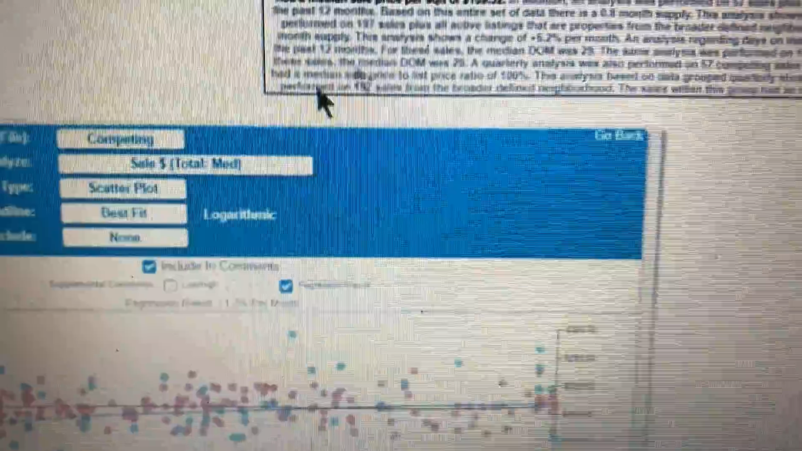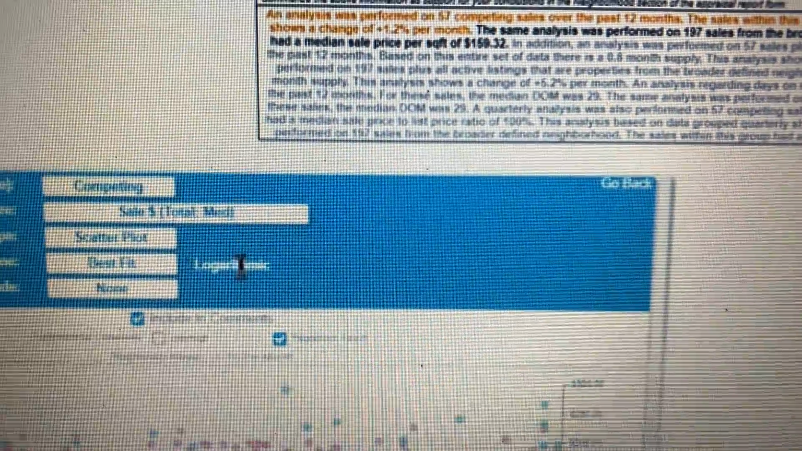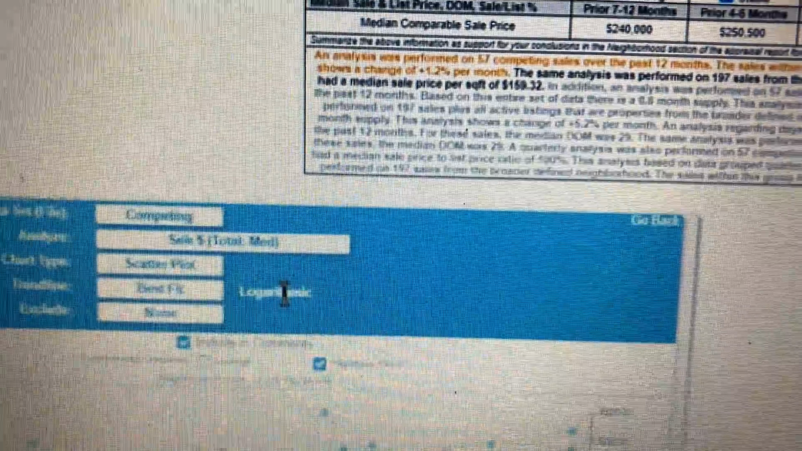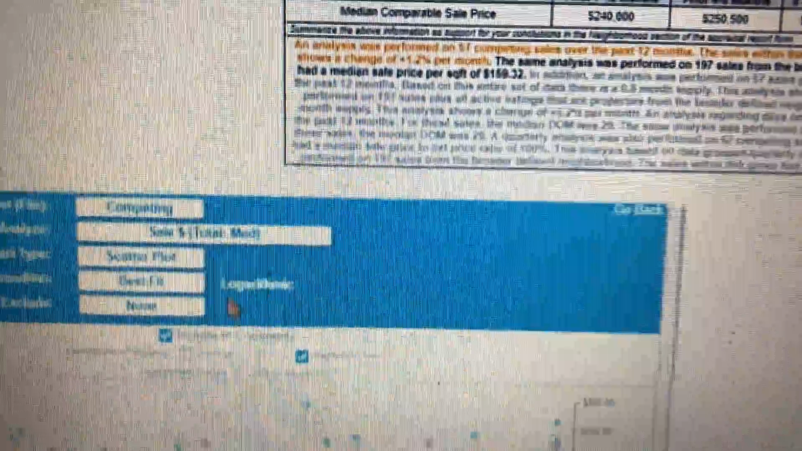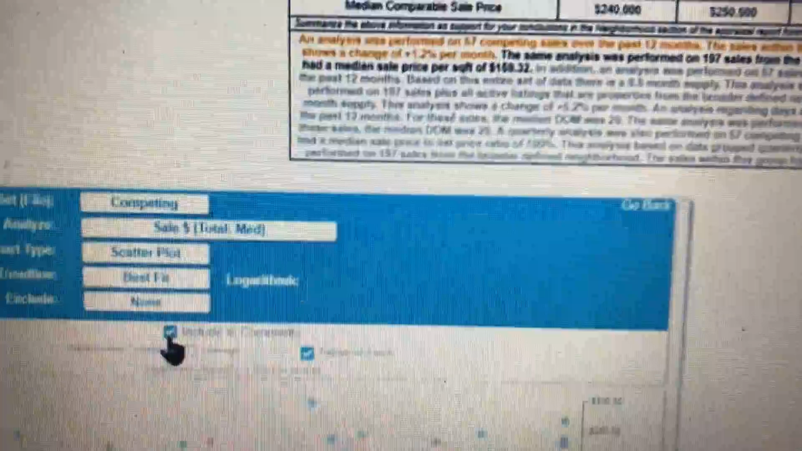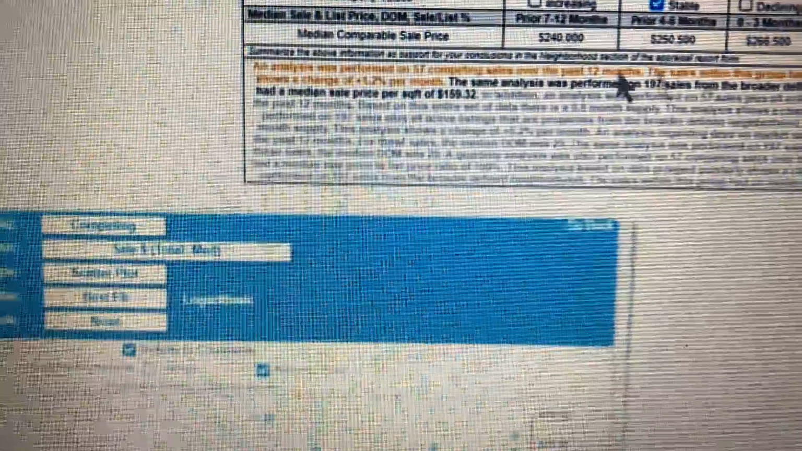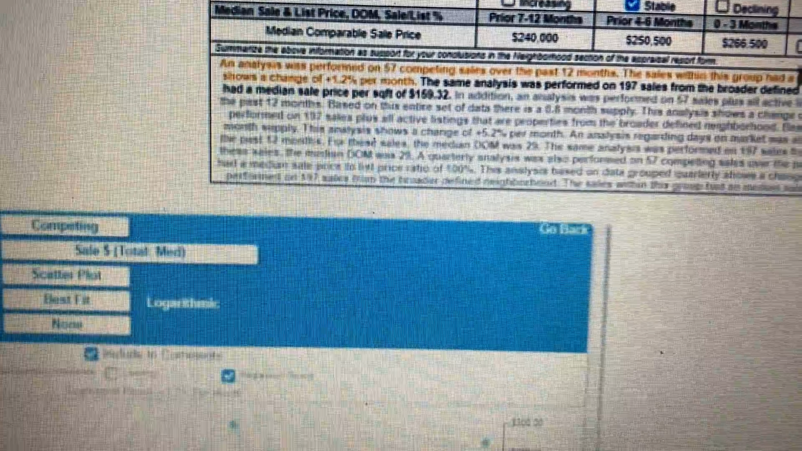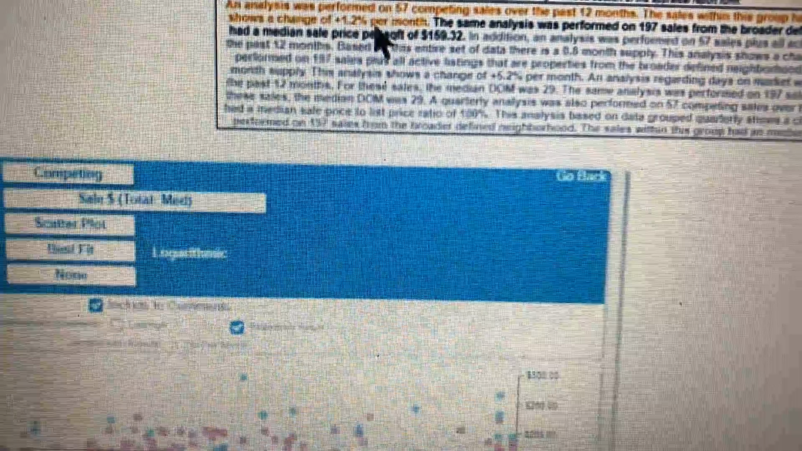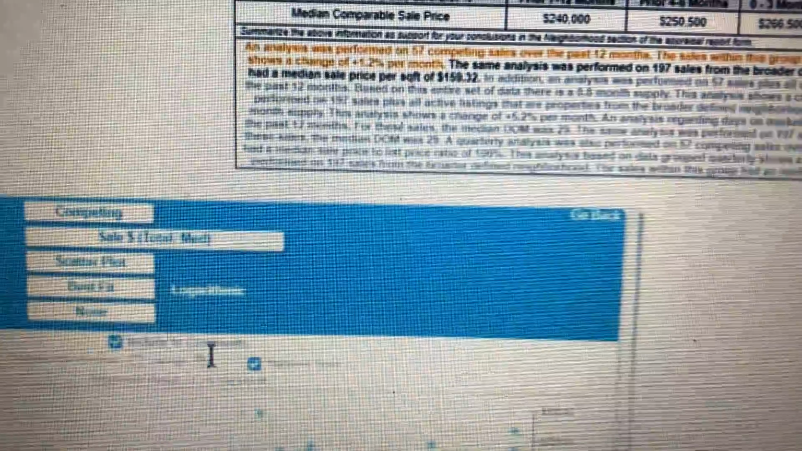So this analysis on competing properties over median sale price, do you want to have comments go into your 1004MC or your market analysis about that? If so, turn it on. If not, turn it off. So if I turn it off, you can see this orange sentence or group of sentences up here. These are the ones that are being built based on this analysis. So if I turn it off,